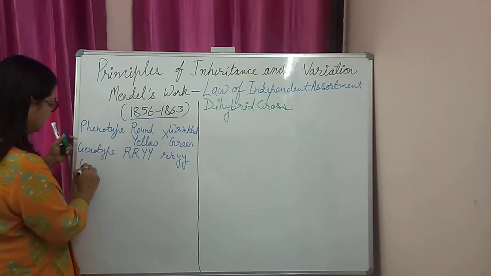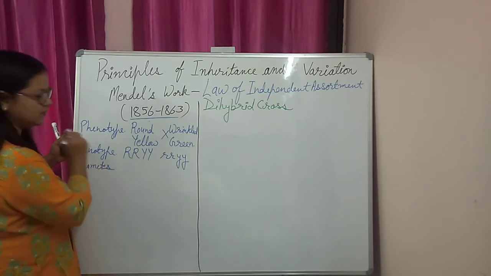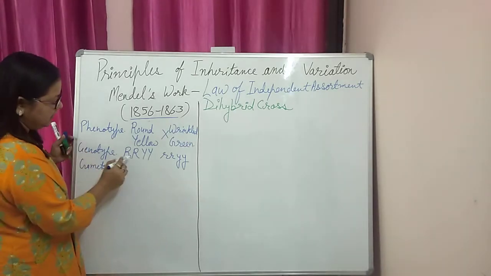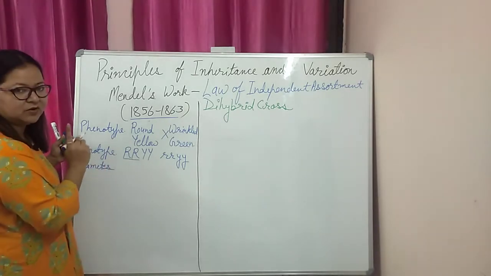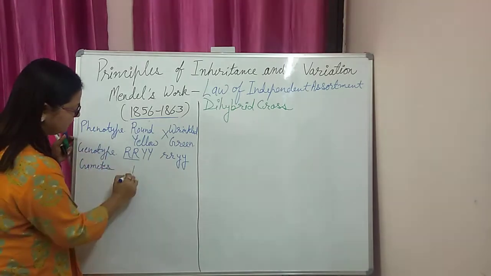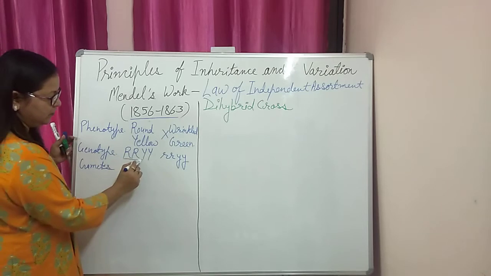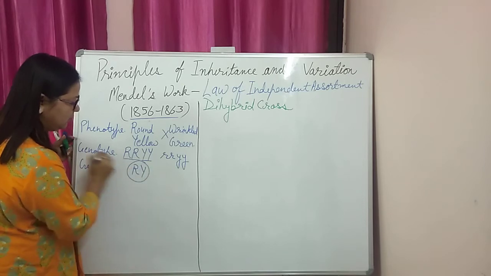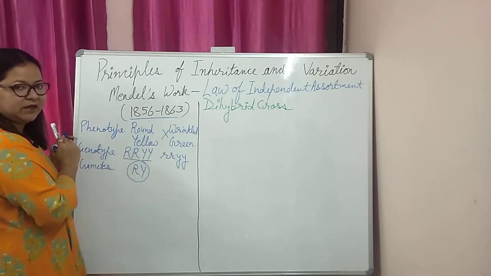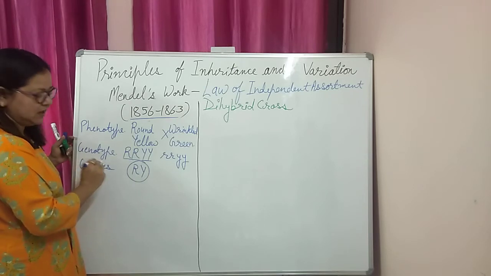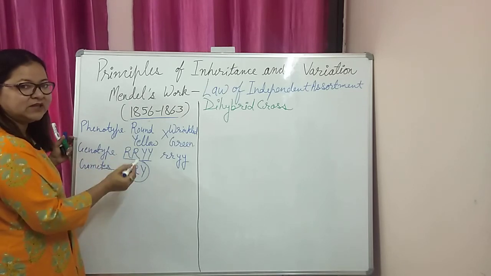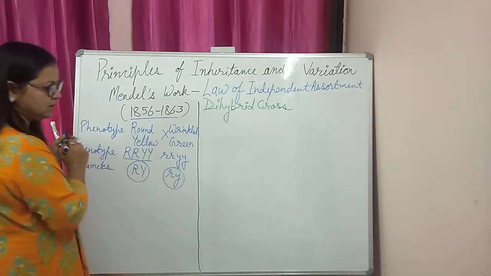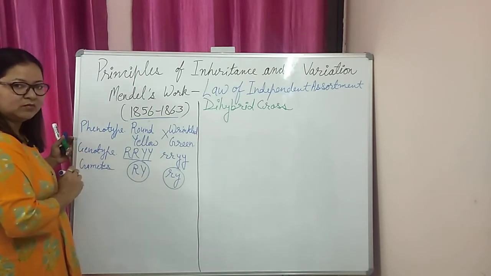Next, what will be the gametes? The gametes will be formed according to Mendel's second law. These are the two alleles or two factors for a trait, so only one factor will enter into a gamete. So only R, out of these two, only one will enter into the gamete. So capital R, capital Y. All the gametes are of similar type, having one factor for each trait. In this case, same, all gametes are of similar type, having small r and small y.